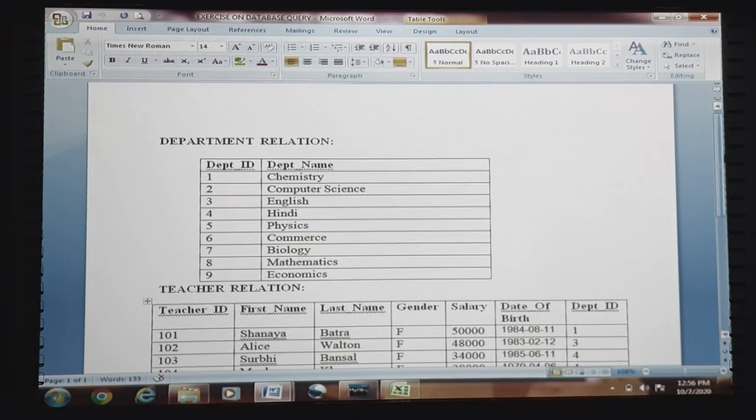the attribute by means of which the teacher relation references the department relation is the same, that is department ID. So in such a situation, we need to use the concept which I discussed yesterday, that is prefixing the name of the relation followed by a period.